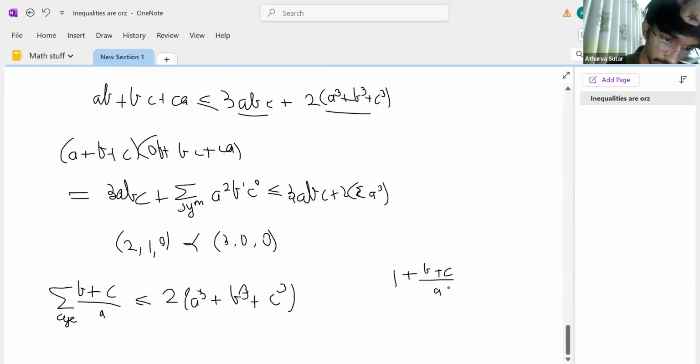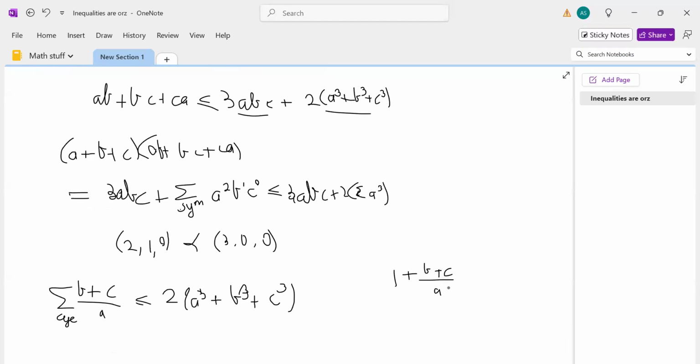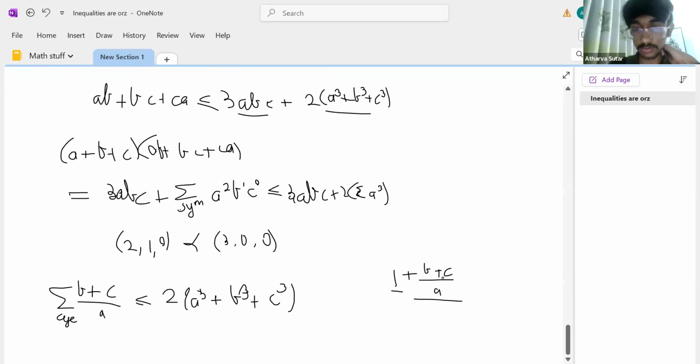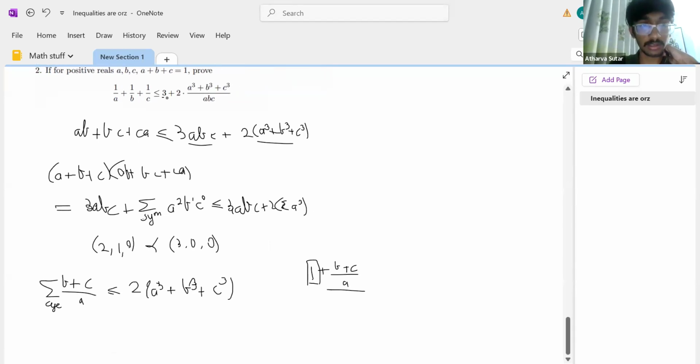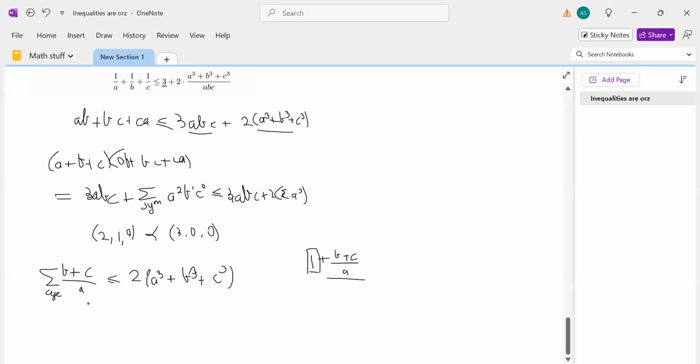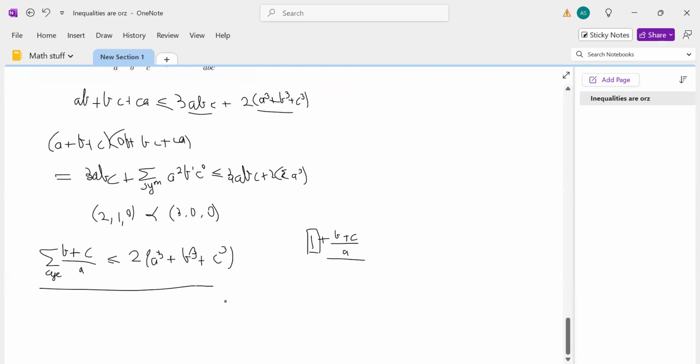Yeah. Hang on, how does the 3 cancel? No, the 3 doesn't. You have 1 plus B plus C plus B plus C by A. So this 1 is there for all 3 of the terms, and there is a 3 on the other side. Achha, that's a 3, right. Okay. Yeah, so it cancels out. So you have B plus C by A and so on. And then you will get, yeah, you can like,